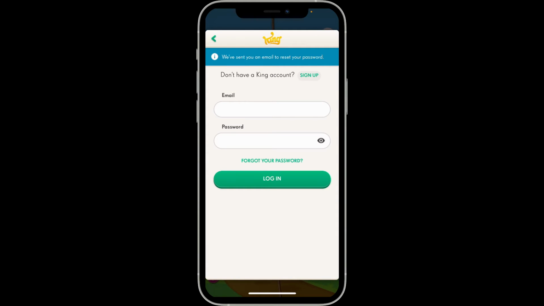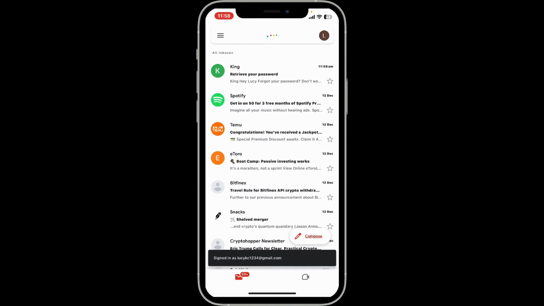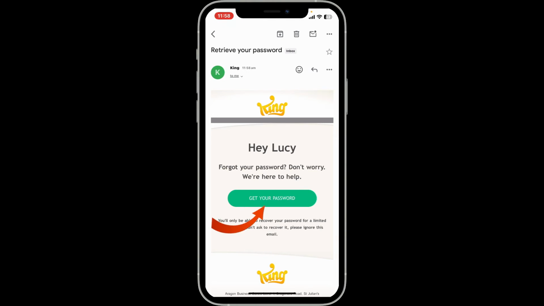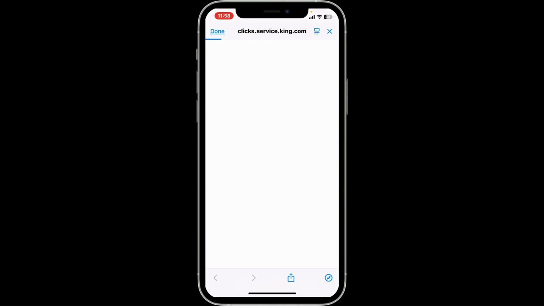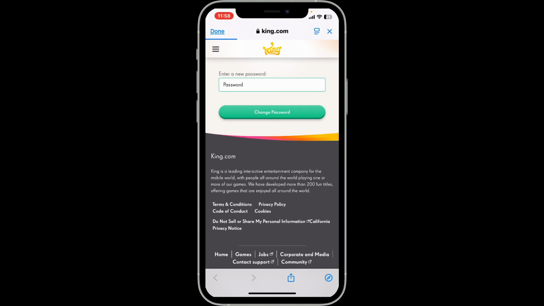You will receive an email to reset your password on the associated email. Go ahead and open up your email inbox and click on the email received from King. Now click on Get Your Password. Select the web browser from the menu and you will end up in the king.com website where you can enter